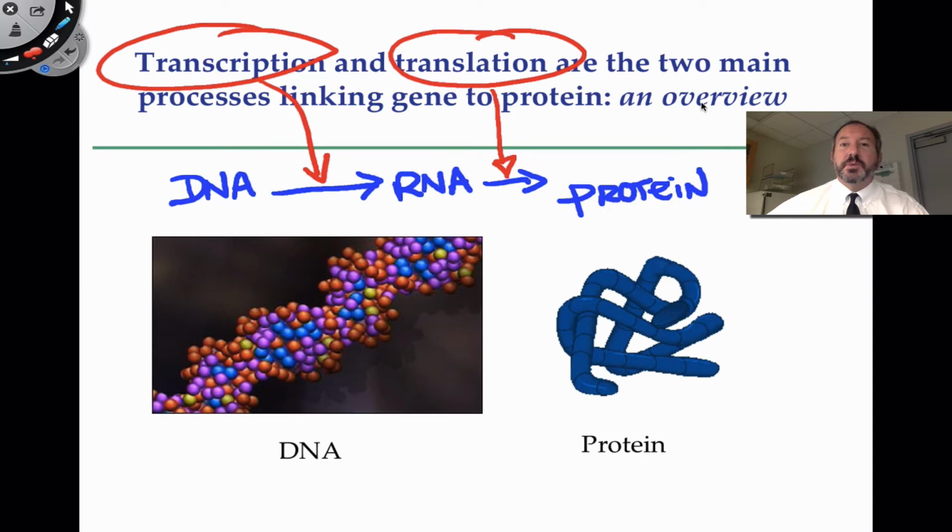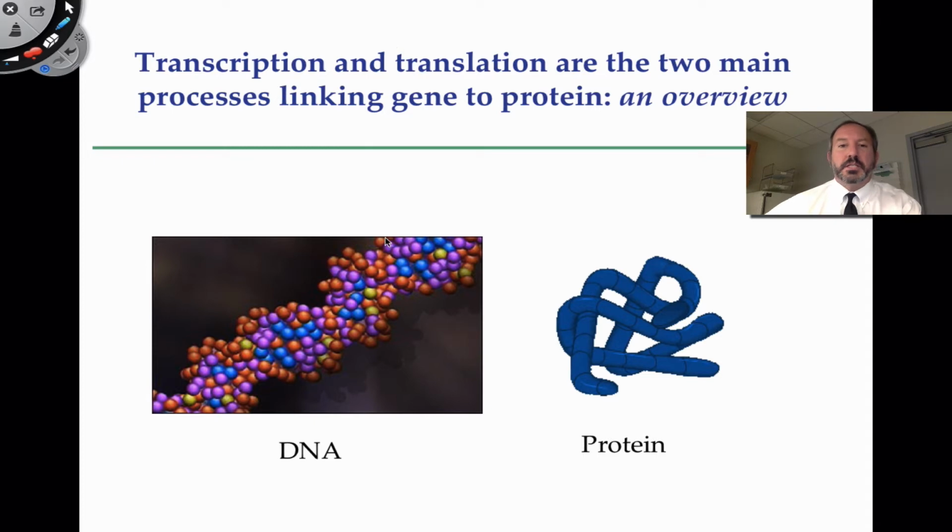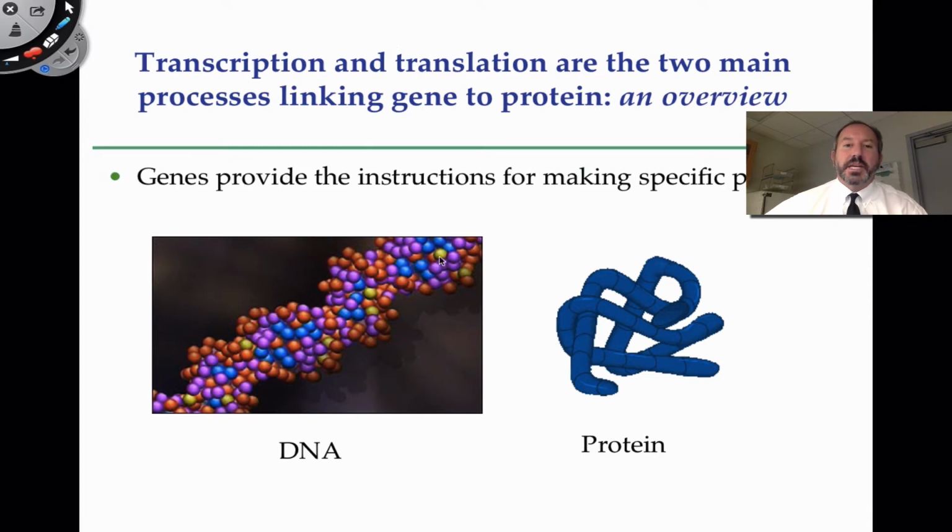So this is meant to be an overview, and let's get into that conversation. The material in DNA, the genetic instruction, we sometimes refer to as a gene. What is meant by that is a particular segment of DNA along this very large molecule. These units that we call genes provide the coding information to make a protein. They provide the, quote, instructions in the nitrogen base sequence for making the protein. Yet it's not DNA that actually translates into a protein, rather it's RNA. So we need to talk about how RNA is going to be the intermediate doing that.